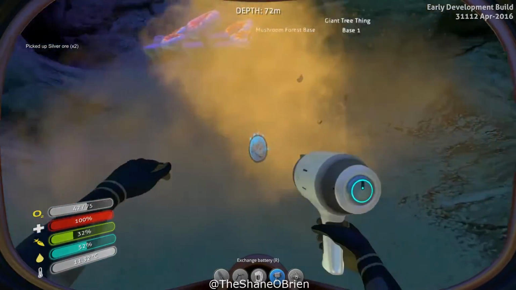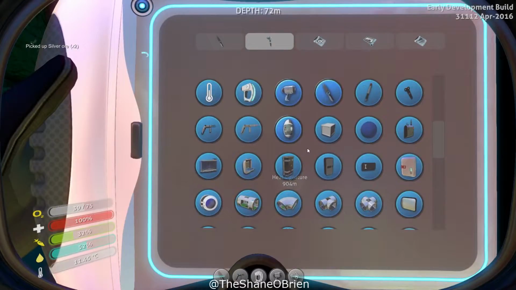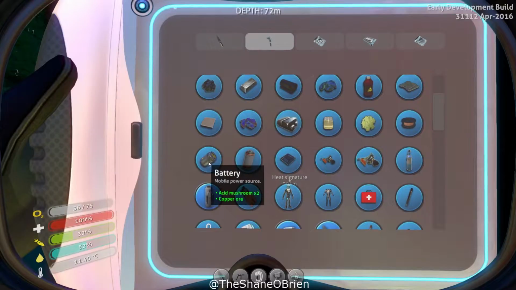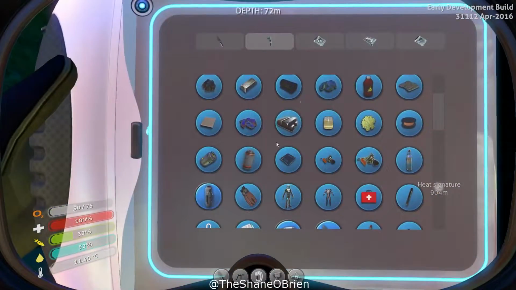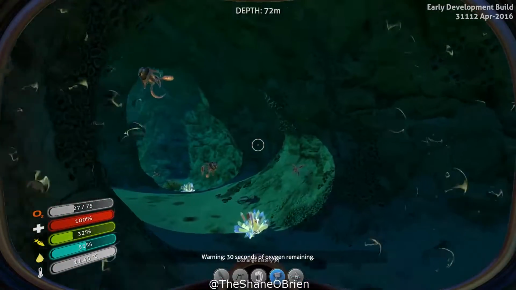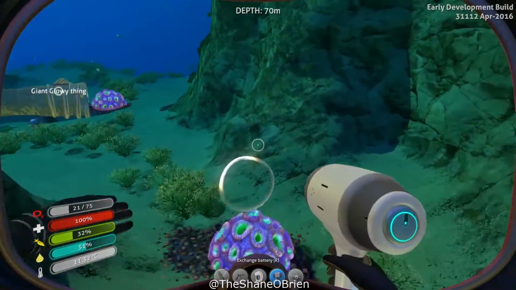Silver. So again, how many do we need for batteries? Batteries, 1 copper ore. I think we have. We need 2 batteries. Caution. 30 seconds of oxygen remaining. You know, I think we might have enough. Just barely, but again,